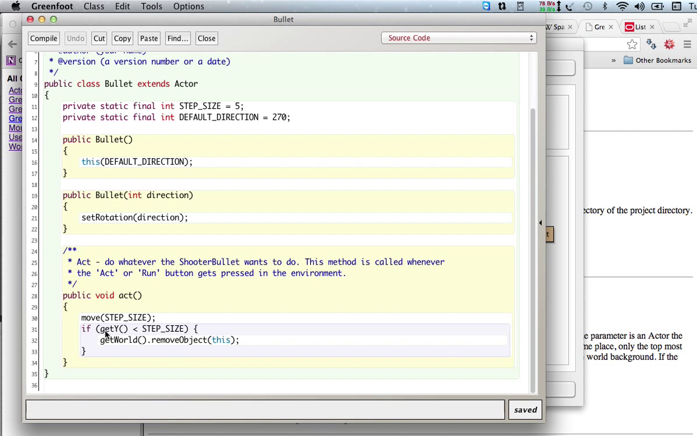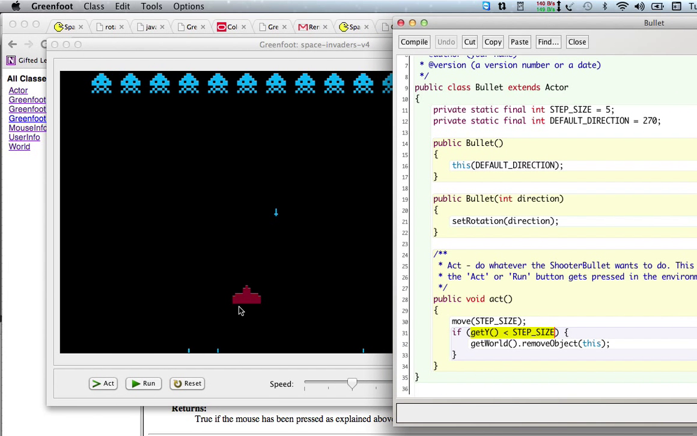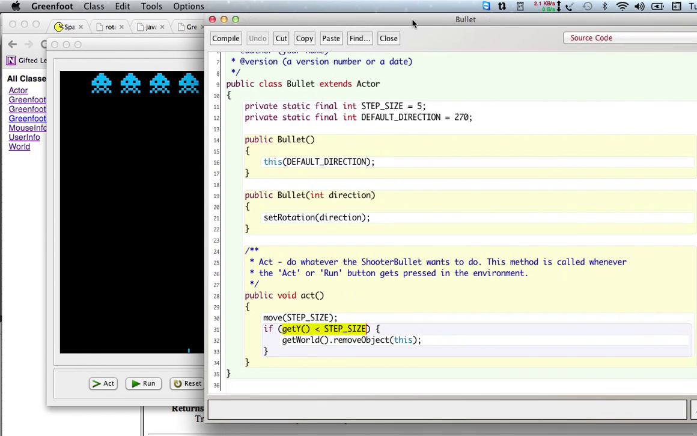So really, this check for out of bounds makes sense for the shooter, because if get y is less than step size, it makes sense for the shooter bullets. If those bullets get up to here, we want them to disappear. But for these bullets, we want them to disappear when they get down here, right? So let's make a